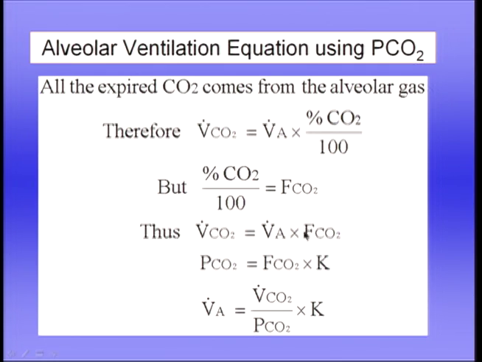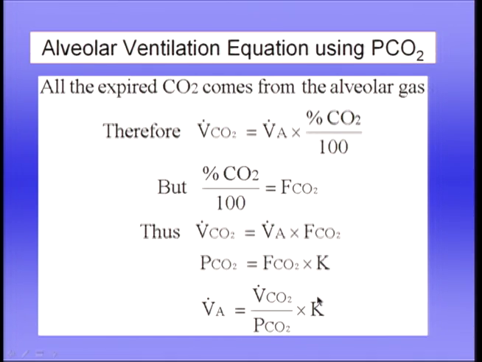Now, we also discussed earlier the definition of partial pressure, and the partial pressure of CO2 is given by the fractional concentration times a constant, having to do with the barometric pressure. So we can take out this FCO2, replace it by PCO2 over K, and that gives us the alveolar ventilation equation. Alveolar ventilation equals the CO2 production divided by the PCO2, and there's a constant here that